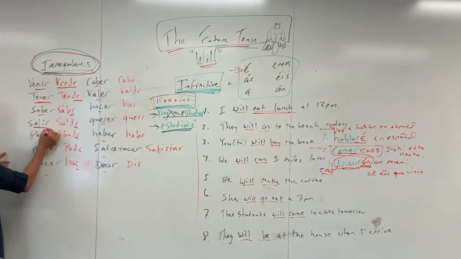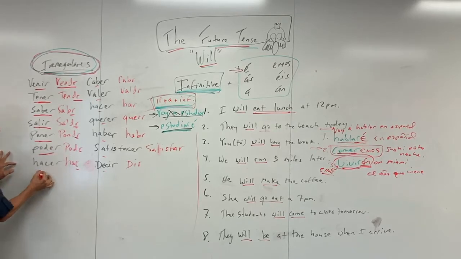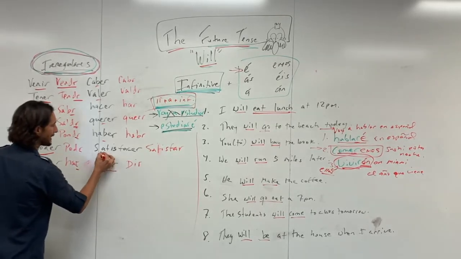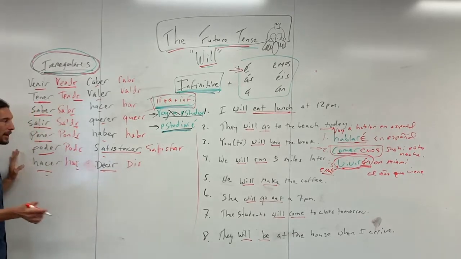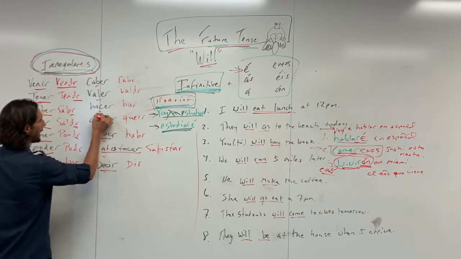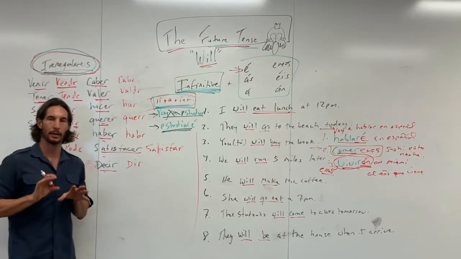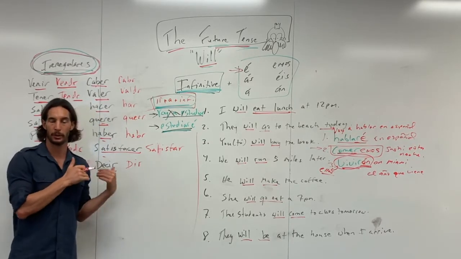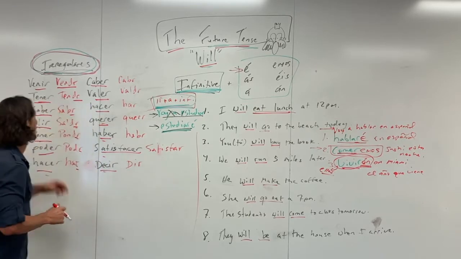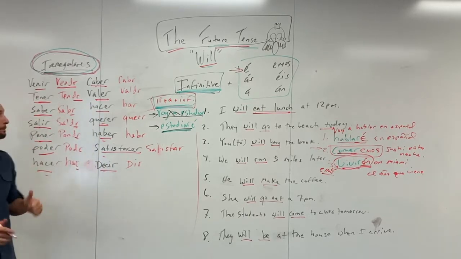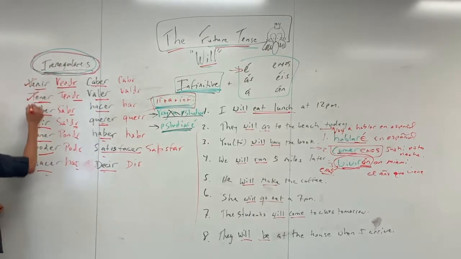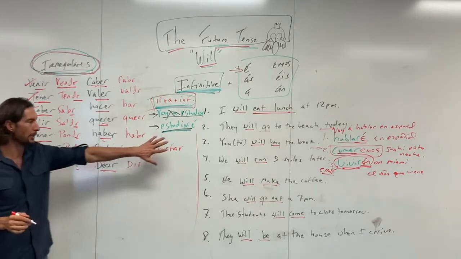And so salir, saber, poner, poder, hacer, decir, satisfacer, which means to satisfy, haber, querer, hacer, valer, caber. Now, I'm going to run through those again, and just in case some of you are unfamiliar with these verbs, I'm going to tell you what they mean too. And so, venir is to come. Tener is to have, saber is to know, salir is to go out, right? I'm using that one over here.